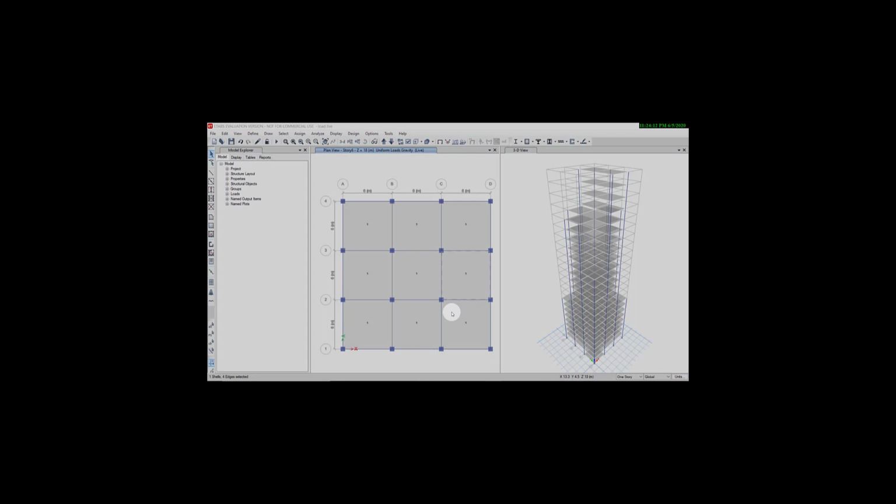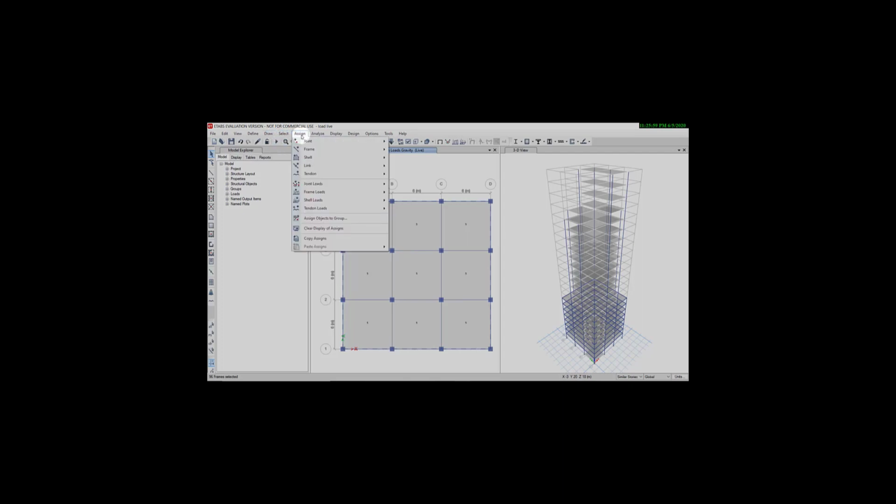Now we have to apply cladding load. For that we have to select outer side of a beam, go on here, similar story from story 1 to story 8, select outer side of a beam. Here we can see that all the cladding is done. Now we have to apply cladding load, that is 0.2 kN per meter.